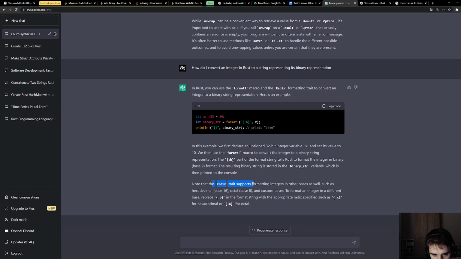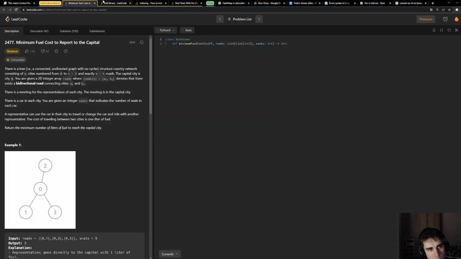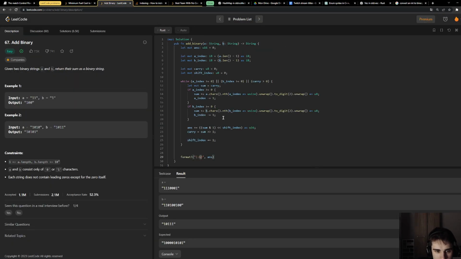Note that the radix trait supports formatting integers in other bases as well. Or is the problem with my logic actually?